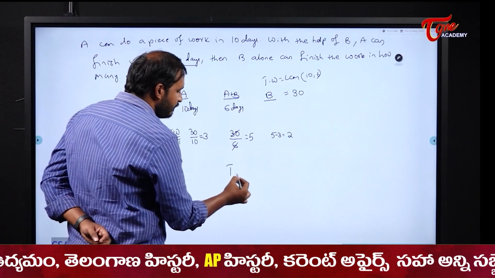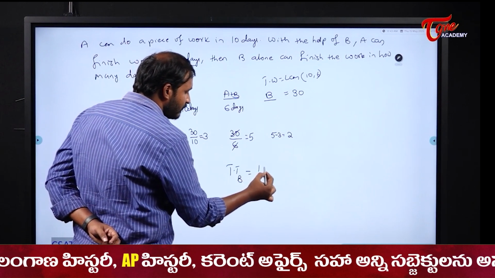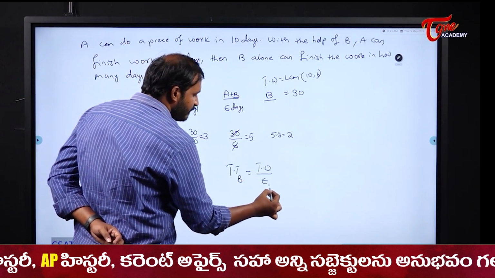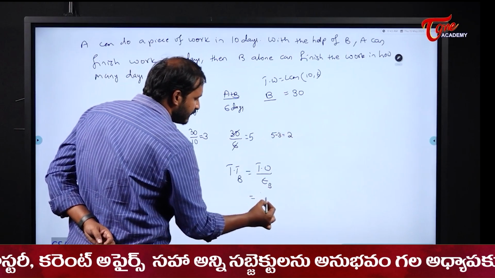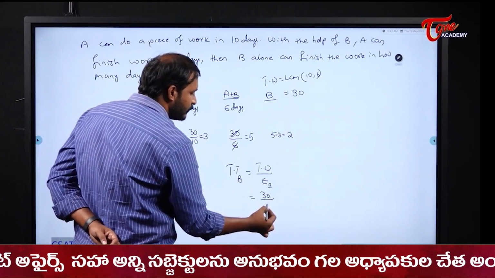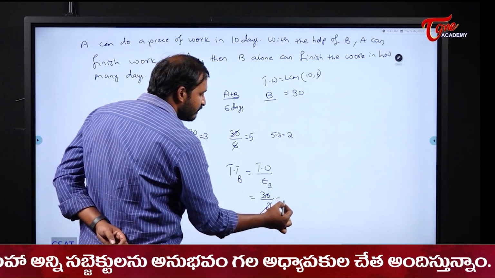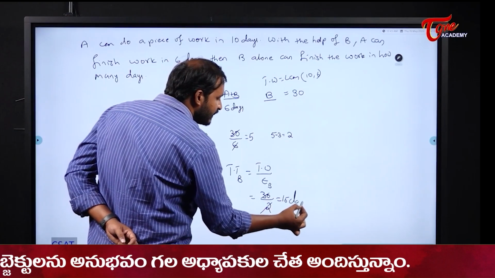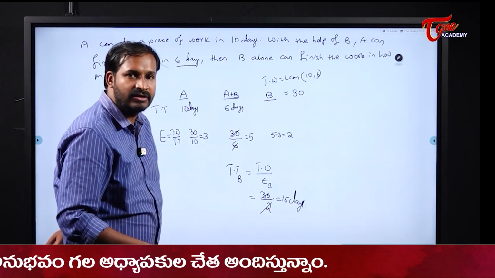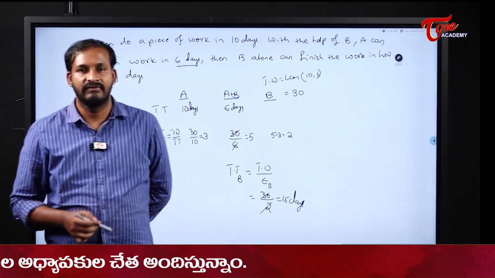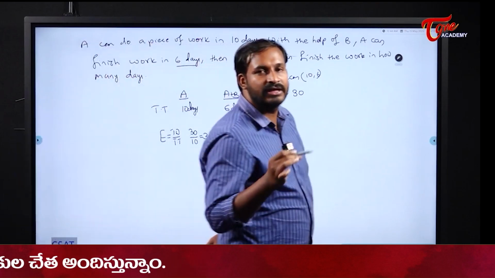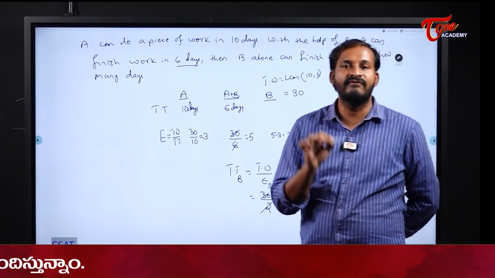Now time taken by B is equal to total work by efficiency of B. What is the total work we calculated? 30. And what is the efficiency of B? 2. So that means B alone can finish the work in how many days? 15 days. In this manner, we are going to take the help of efficiency and then find the